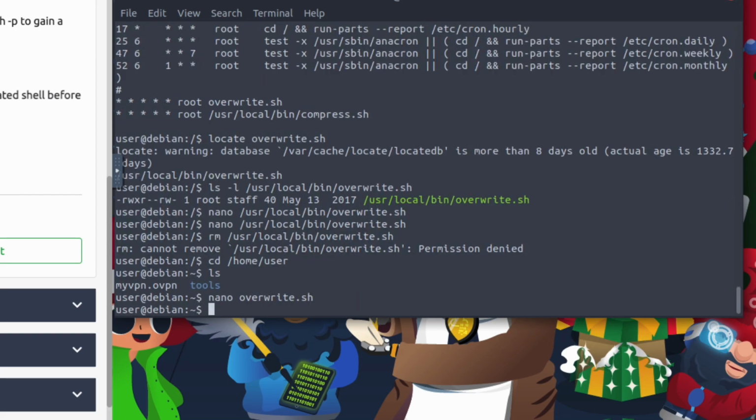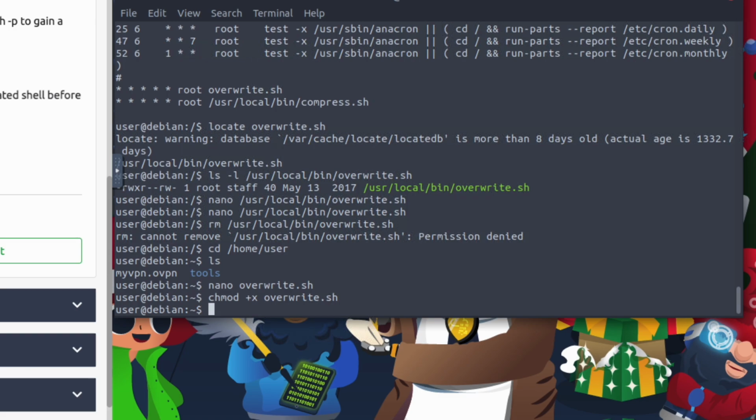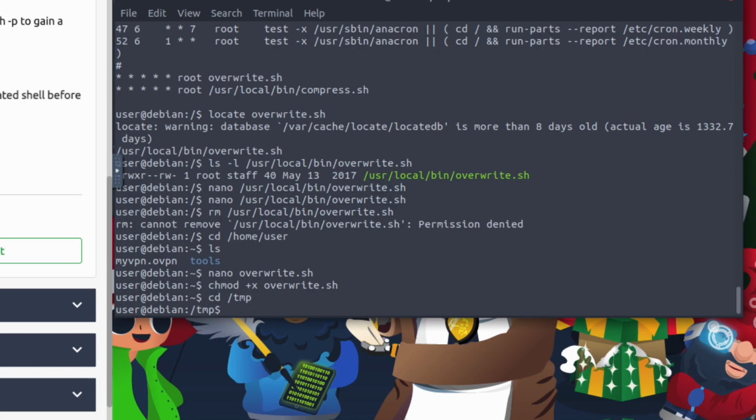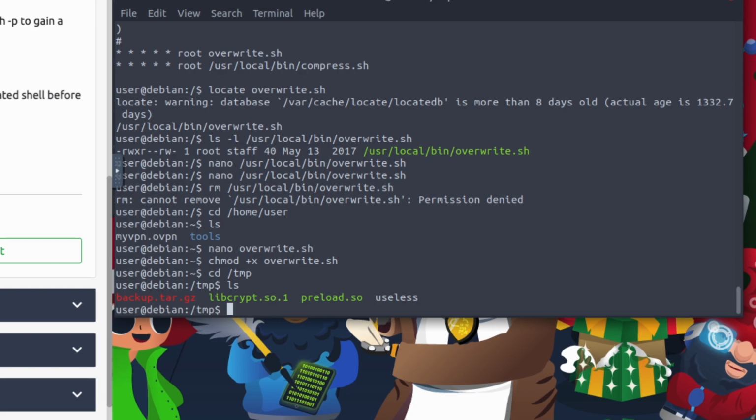Okay, cool. And then now we just need to change the permissions of the actual override.sh file to executable, and then wait for the cron job to run. Should not take longer than a minute. Then run tmp root bash command. So if I just go from here to the temp folder, because that's where we're creating the root bash